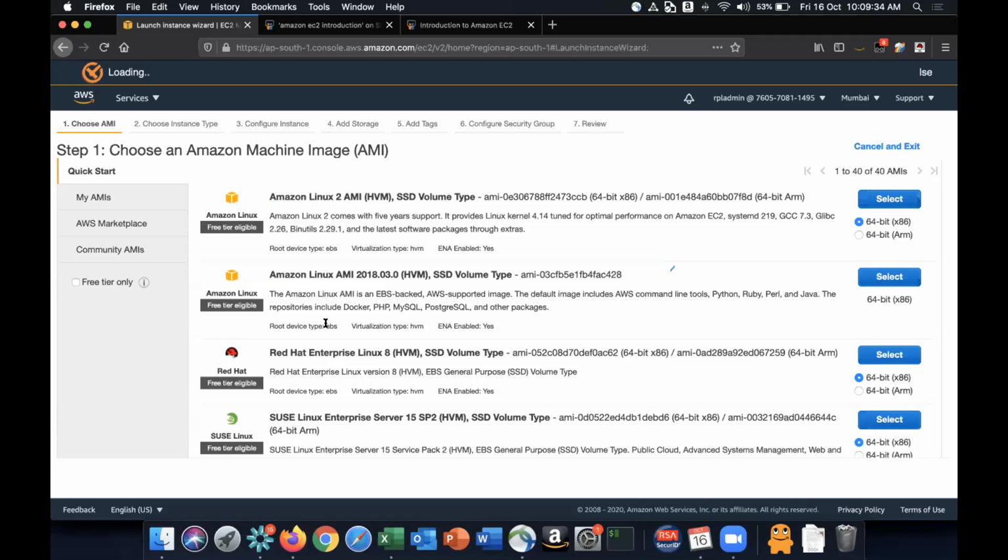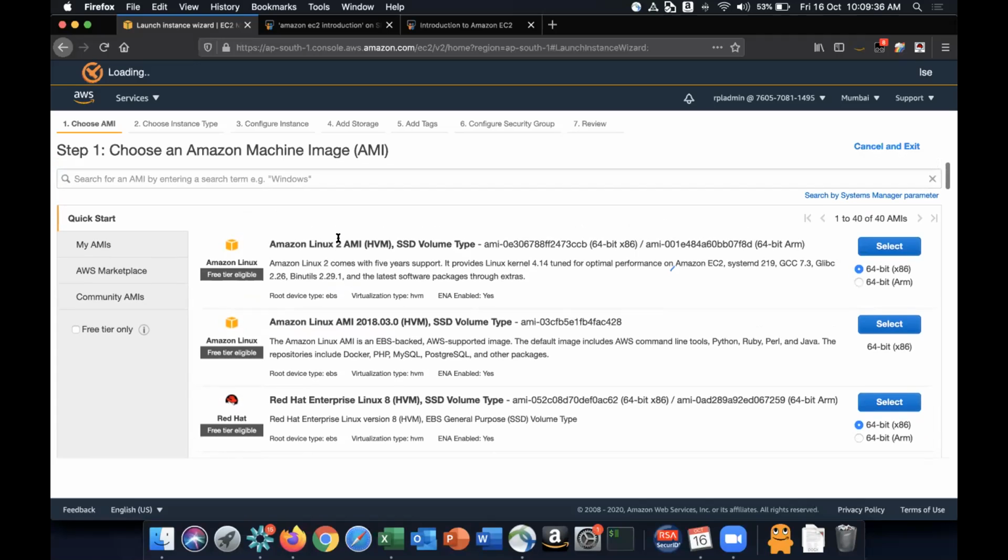Amazon Linux itself has two versions. One AMI was released in 2018, the old one. This is the new one. This is version 1. This is version 2. And then you get some more details about it, like it can support the SSD volume type, not just magnetic. This is the unique ID of the AMI. And it can either be on